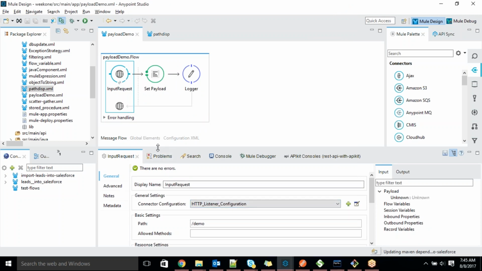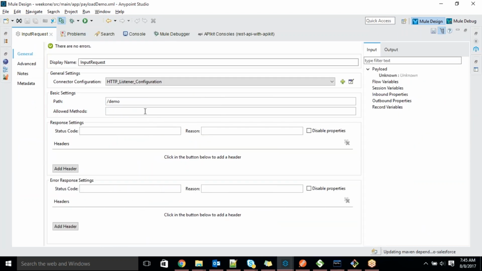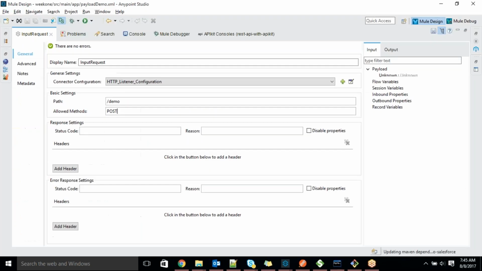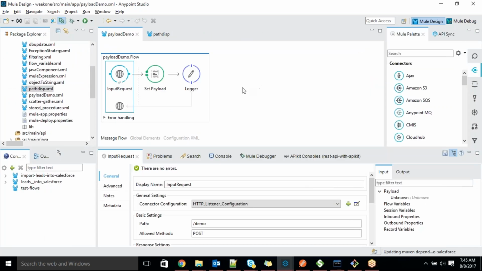If it is a POST request, how will we do it? If we keep a POST here, so the method name I'm keeping as POST. So what is this POST, what is this GET and all? I will try to explain once again, guys. Please try to get it. We are publishing a REST API, guys. We are the middleware people. We are publishing our services, meaning exposing our services,